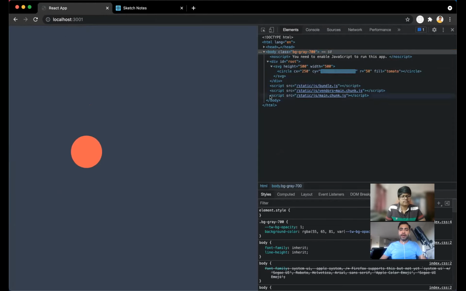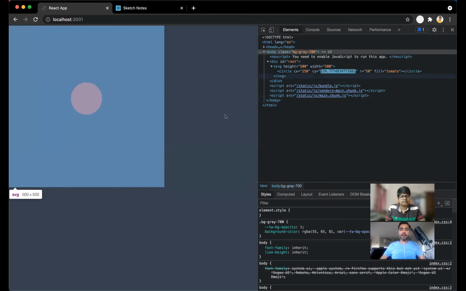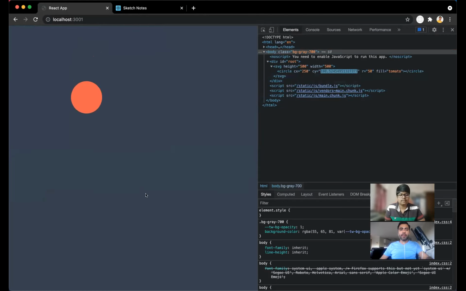see this vertical, right? cx is constant. From this point to this point, x is constant. y keeps on changing. And cx is the center point of the circle. And cy keeps on changing, right? And radius is 50, always constant.